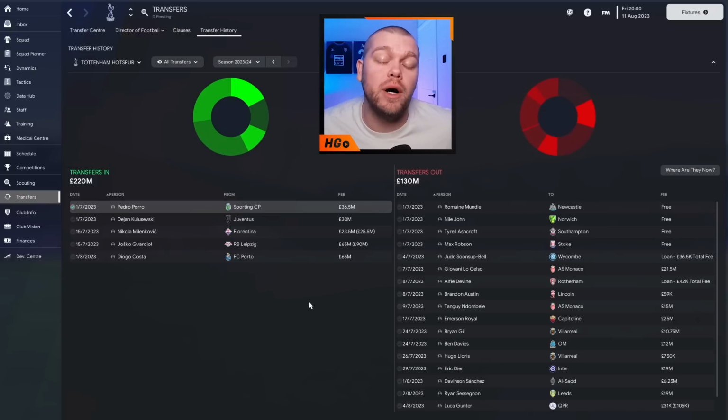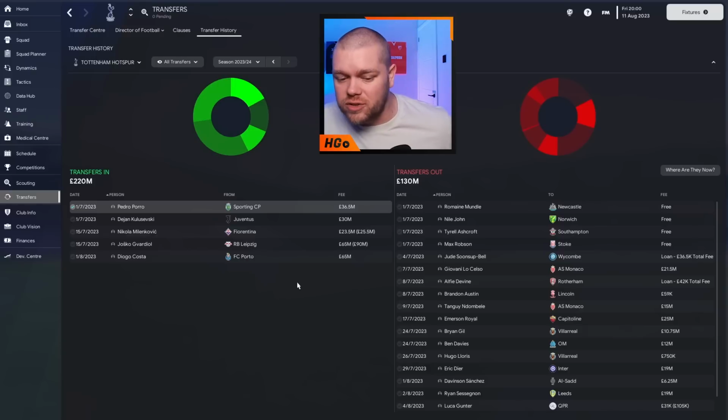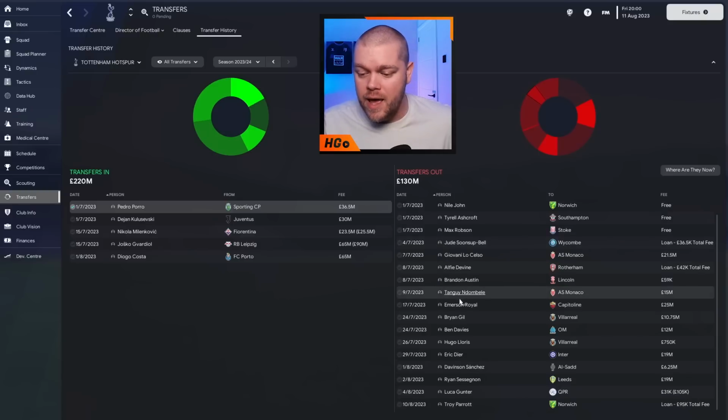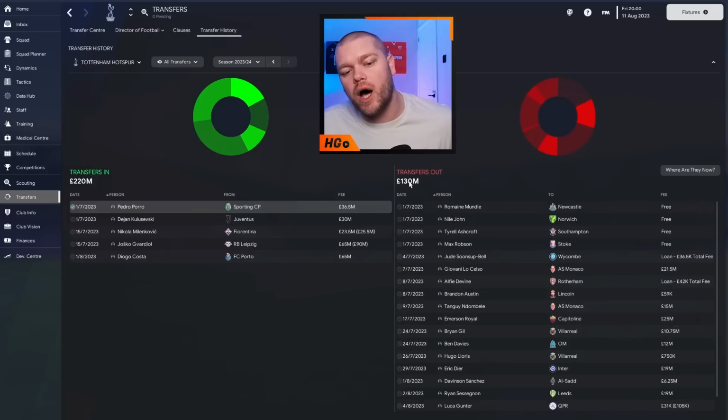Looks like I need to update my real name fix. He has gone to Roma for 25 million. Brian Gil gone to Villarreal for 10.75. Ben Davies gone to Marseille. Hugo Lloris has gone. Eric Dier's gone for 19 million to Inter. Davinson Sanchez has gone for 6.25 million. Ryan Sessegnon has gone for 19 million. We have recouped 130 million, guys, which I'm actually really happy with, because if on the other side you look,